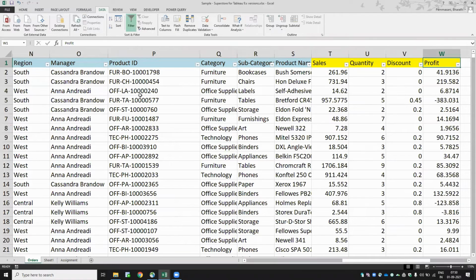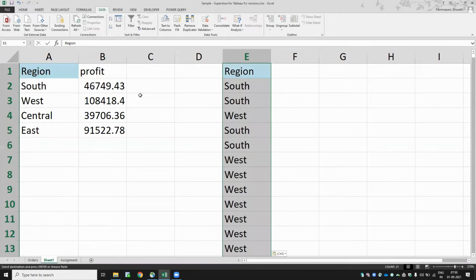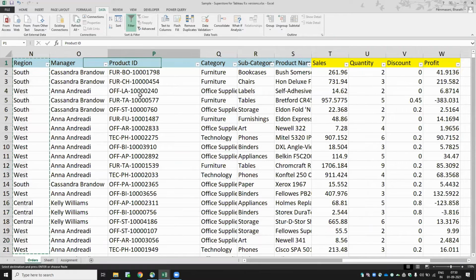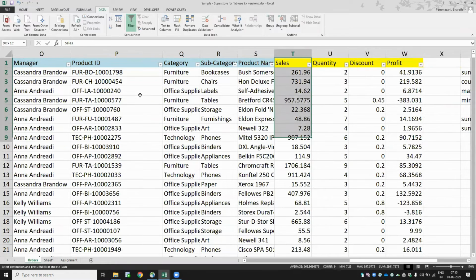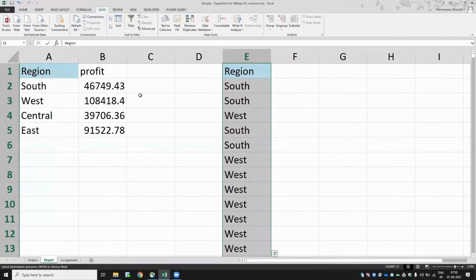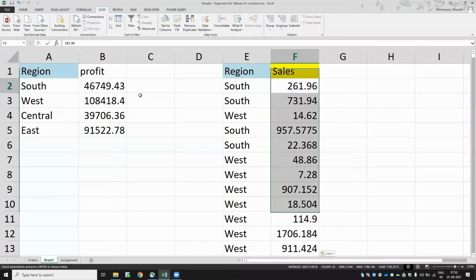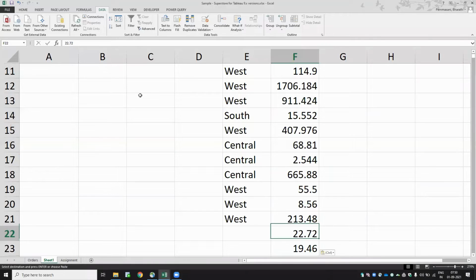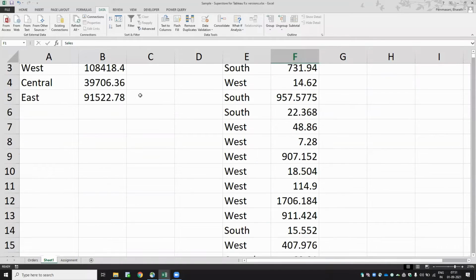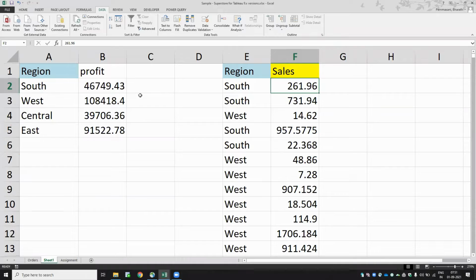I'll take smaller values instead. I have the region and sales. Now I wanted to find the south region sales.